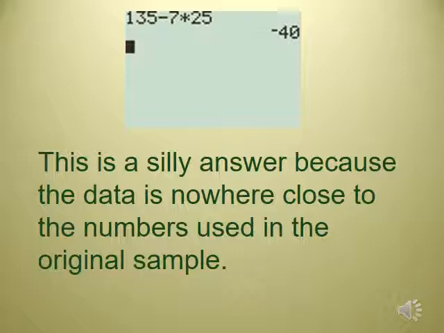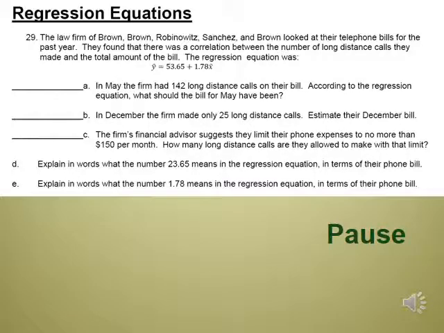You know, all the robbers are taking the jewels back to the jewelry store and taking the money back to the bank and all of that stuff. So it really is an impossible answer. The reason that happens is that 25 is a way bigger number than what they used to come up with that equation to begin with. So you do get kind of a ridiculous answer. In the real world, since you can't have a negative number of crimes, what we'd probably say is it's essentially 0. There is a regression equation section on your worksheet, and again, we're going to give you just a minute